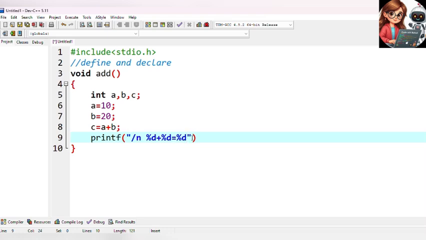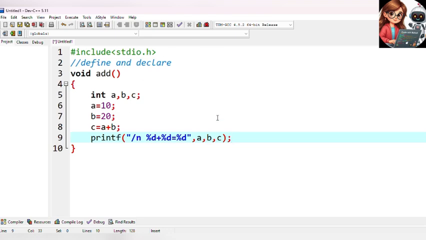Okay, and here we will write the variables. So basically a is for this first %d, b is for this second %d, and c is for this last %d. And here we will write a semicolon.